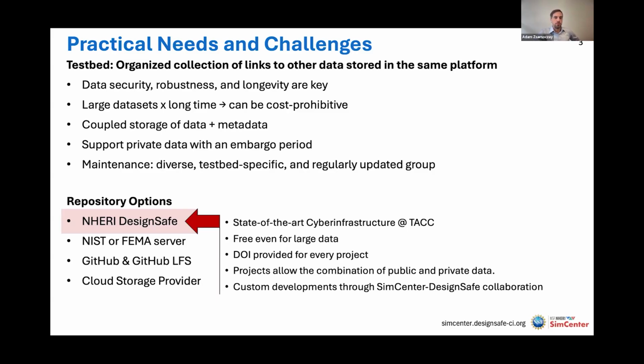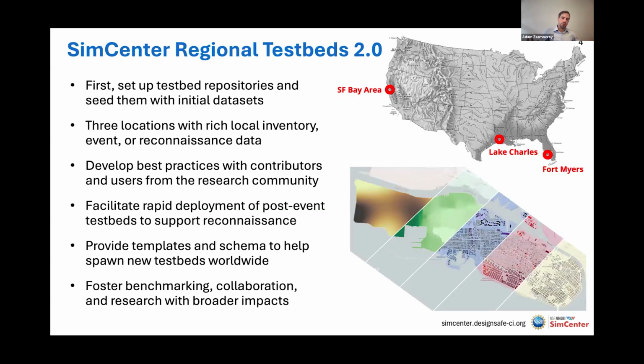these testbeds to life. Now, when it comes to the actual testbed that we want to seed this infrastructure with, we have 3 locations now. One of them is an earthquake testbed. That's the San Francisco Bay Area one. And what we want to do is look at what we've done there in the Bay Area in the last 9 years, collect the data and seed an initial repository with it, but then immediately invite researchers and others in the community to contribute to that and work with us on developing these best practices and developing how to manage